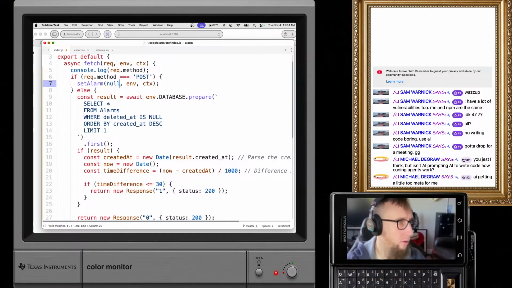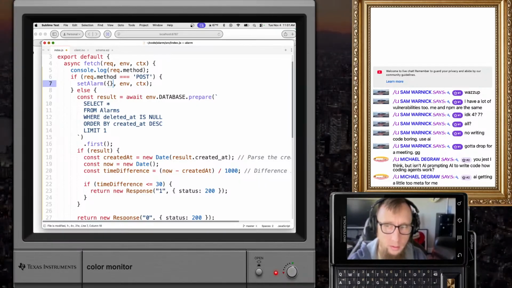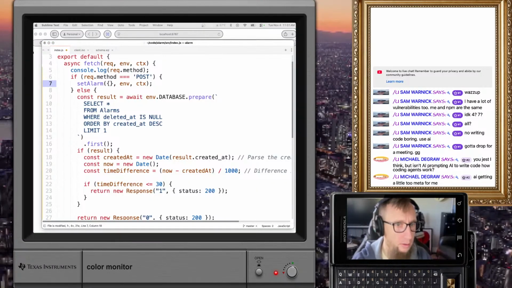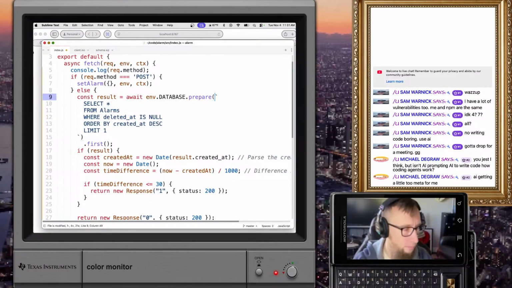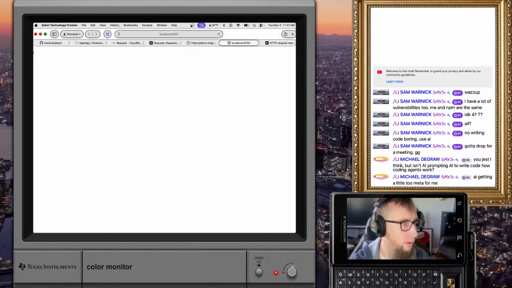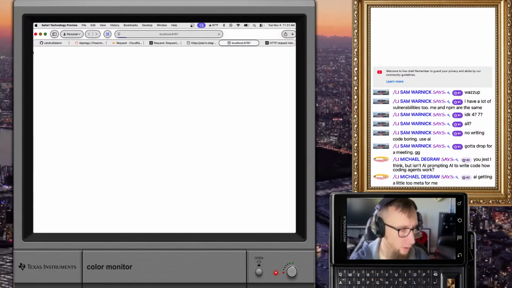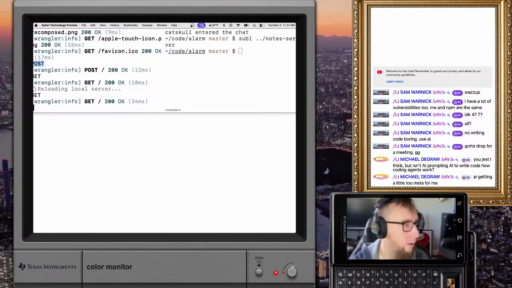Oh, it's null. See, syntax highlighting. How about I just give it an empty object? Is that cursed? TypeScript experts weigh in. Okay, so if I go here, it goes 0.